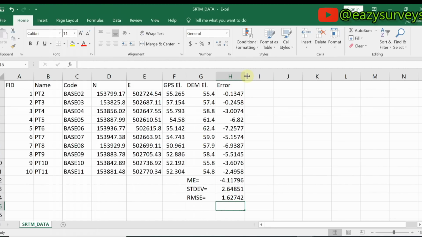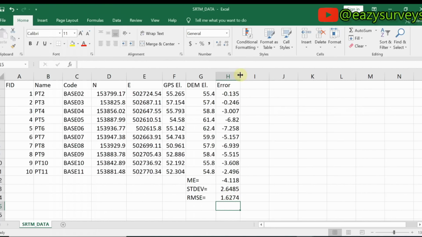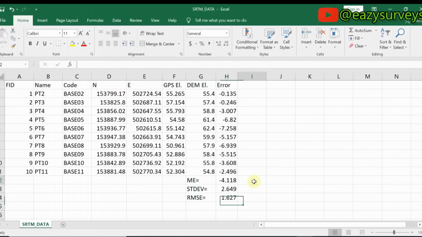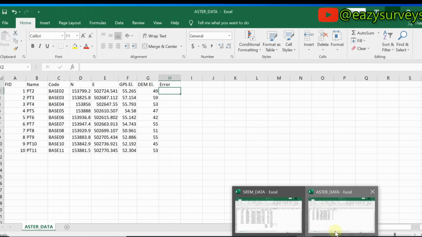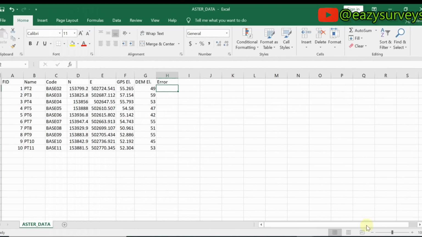All right, so you can now make it 3 decimal. I don't want it to be 4 decimal. All right, 3 decimal is okay. So this is the idea of getting the mean error, standard deviation, and the root mean square error. All right, so I'm done with SRTM data. So I want to do that of the ASTER data. So I'll just come to the Excel sheet of the ASTER data and repeat the same